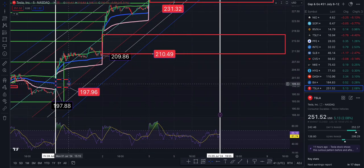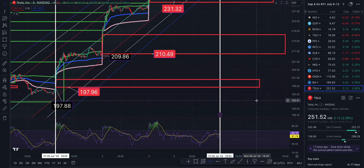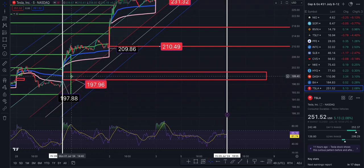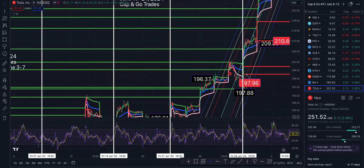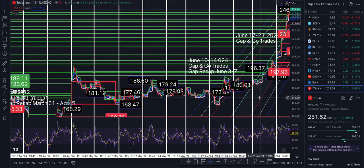And then this gap also developed to the south side at 197.96, and this gap closed. I can see that gap closed right out of the gate on Monday, taking us to roughly 207.50. And that gap, I'll show you this on the 15-minute time frame. I've been tracking all of these gaps